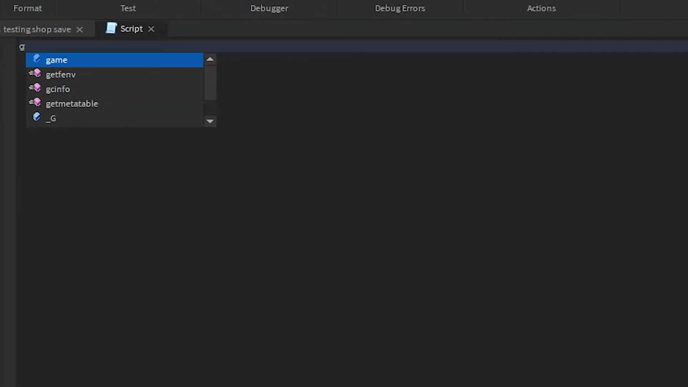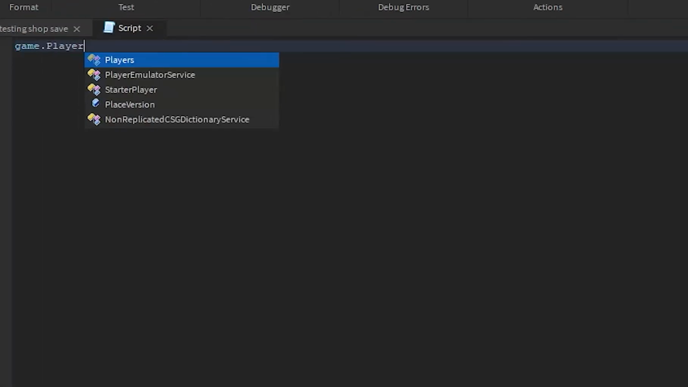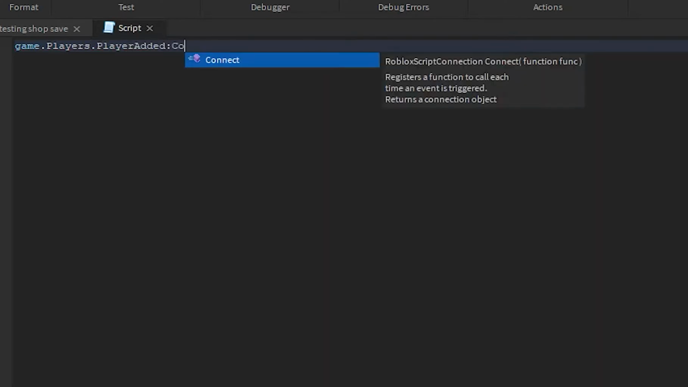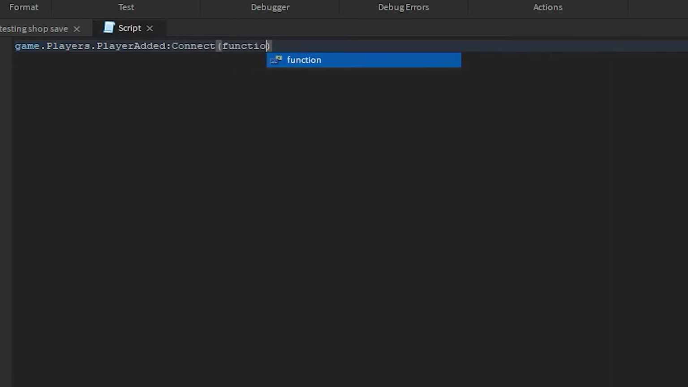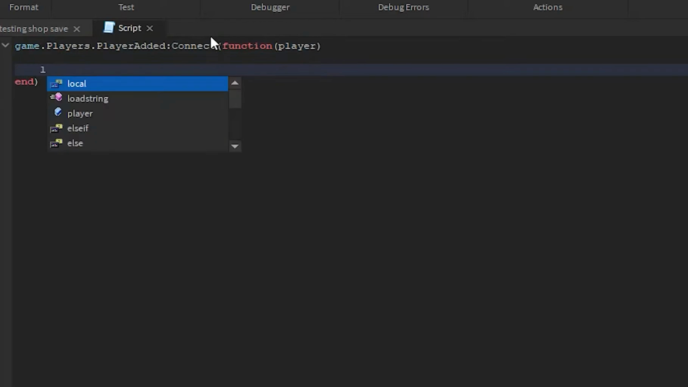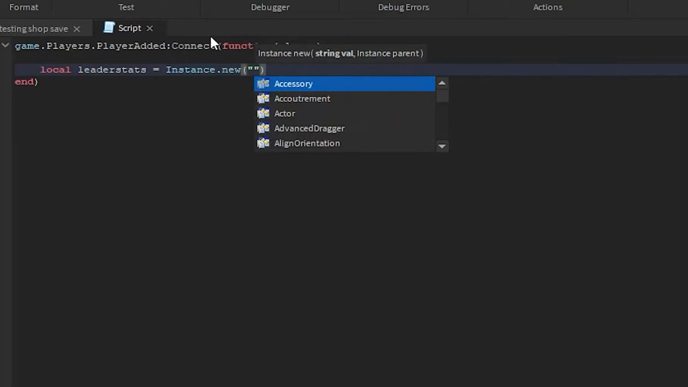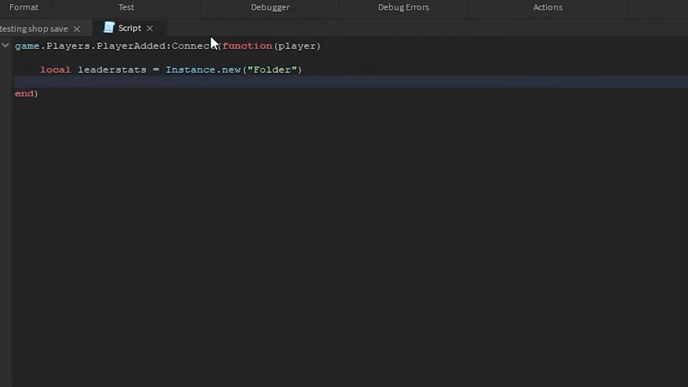So we're going to create a function, game.players.player added. We're going to connect it with the event called player added, and now connect the function. In the parameters, I'm going to add player, and now I'm going to create a new folder, local leader stats equals instance dot new. Now I'm going to say folder. So now leader stats dot name equals leader stats